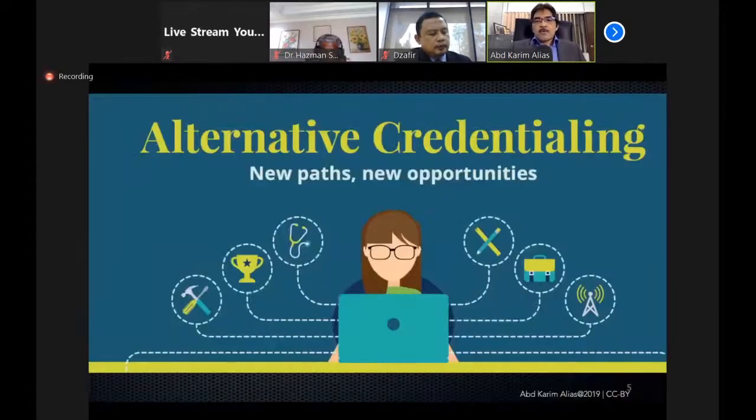So now with micro-credential, we are talking about a different way of giving credential. This is what we call alternative credential that will open up a lot of new paths and new opportunities for everyone. This basically will support the SDG, Sustainable Development Goal number 4, which provides quality education, inclusive education for everyone anywhere.